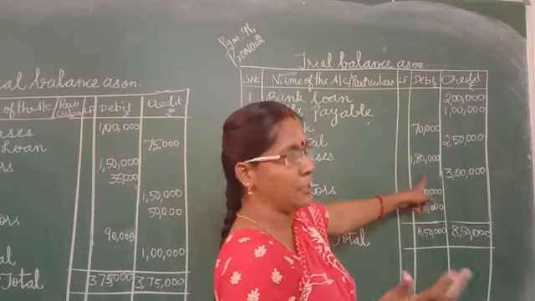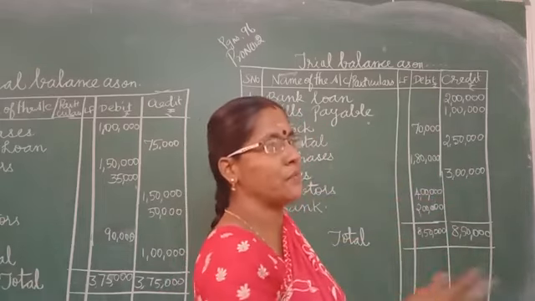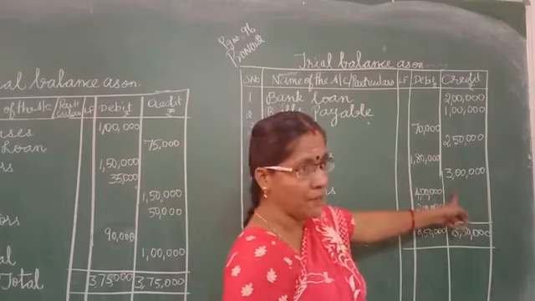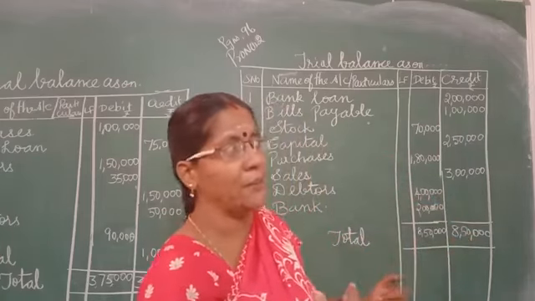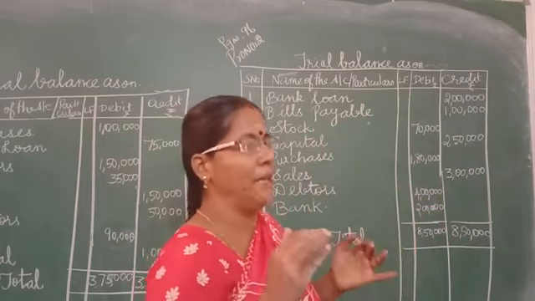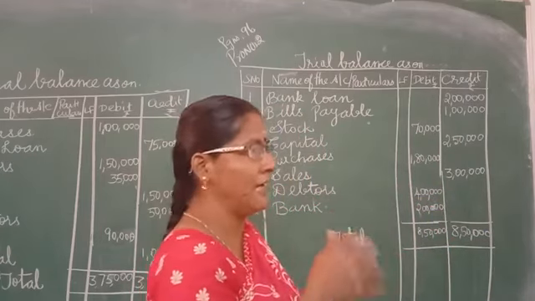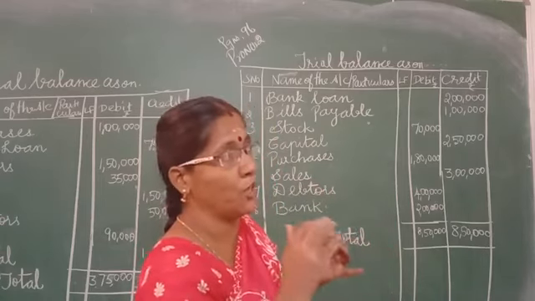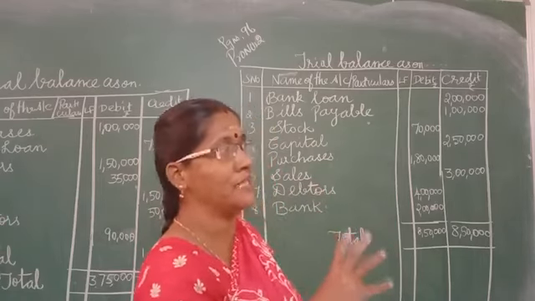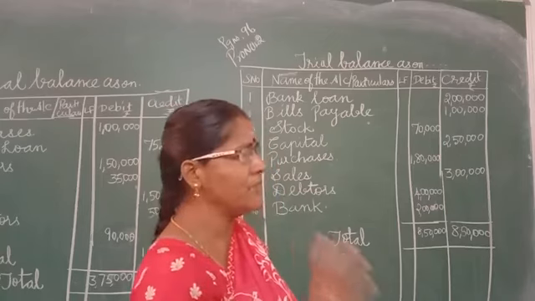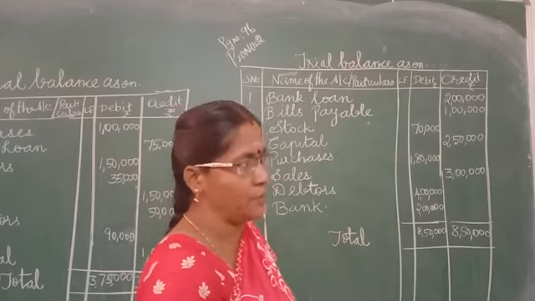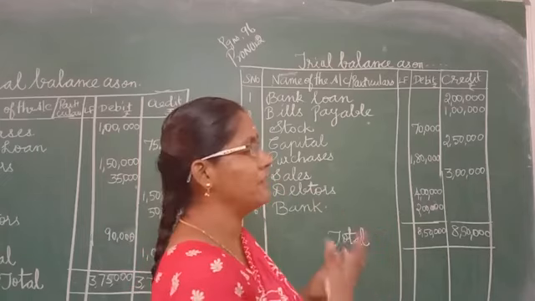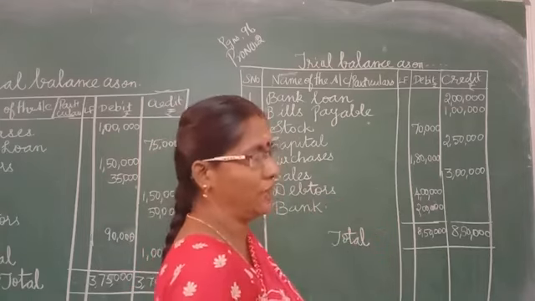Purchases, debit all expenses and losses. Through purchases we are spending the money, so we have debited. Sales, it is an income. Through the sales we are getting income, as per the nominal account rule. Here in the trial balance, the major golden rule that plays the major role is the nominal account rule. Which is the nominal account rule? Debit all expenses and losses, credit all incomes and gains. This is the only golden rule you can apply.